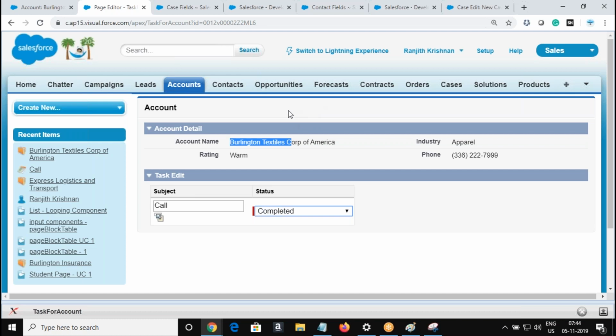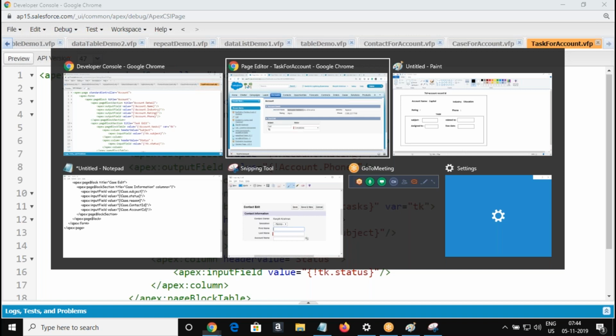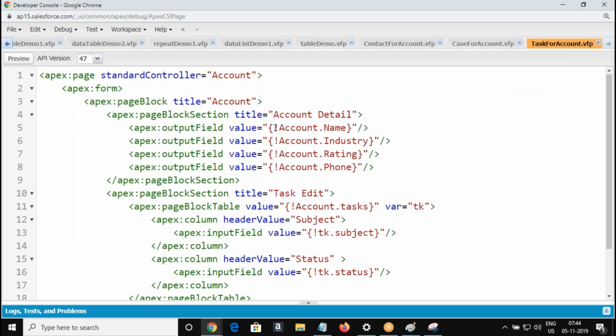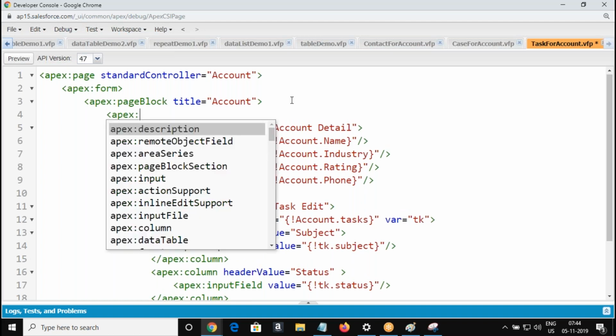But when you add the functionality here, we can only modify the account record, because this page belongs to the standard controller. Got me? If you add any method here, such as a command button, we know how to refer to the standard functions, right?